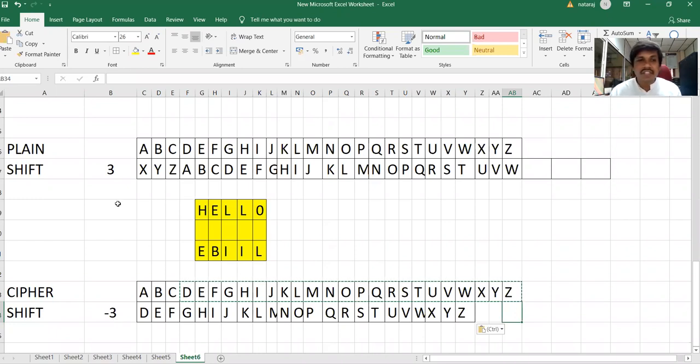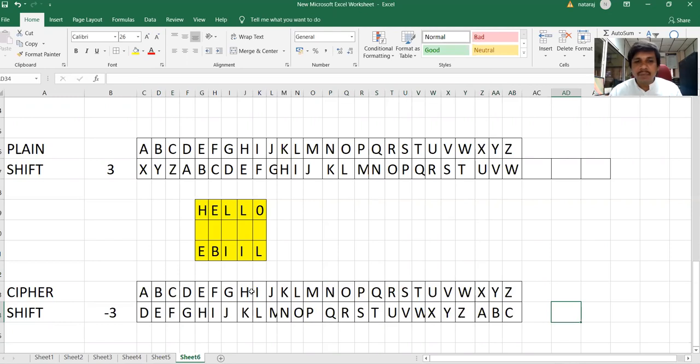If it is plus, towards right. Now this will be A, B and C. Simple.